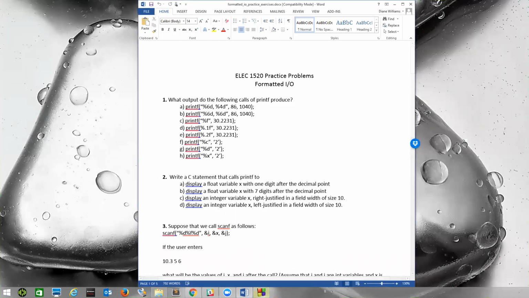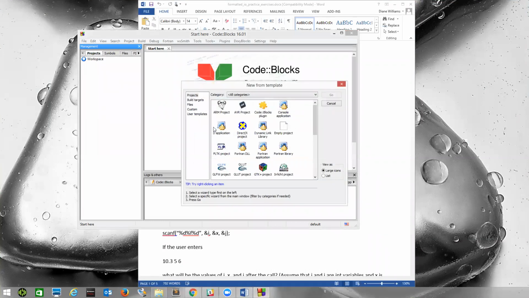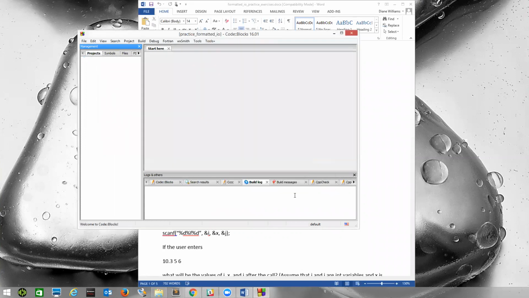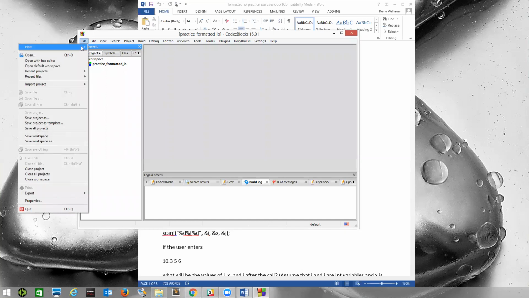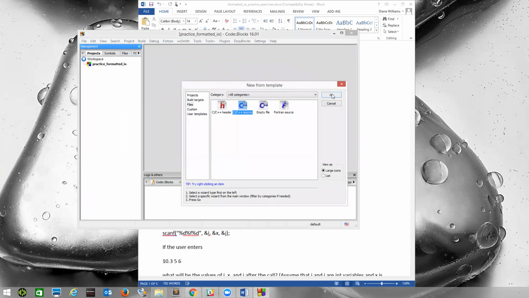So what I'd like to do is use Code::Blocks. I'm going to create a new project, and I'm going to create an empty project instead of the console application we've been creating. I will just call this practice formatted IO. Notice when it creates this project, it doesn't create a set of files for us. Console application gives us hello world. We're going to say file, new, file, and I'm going to pick a C source file,